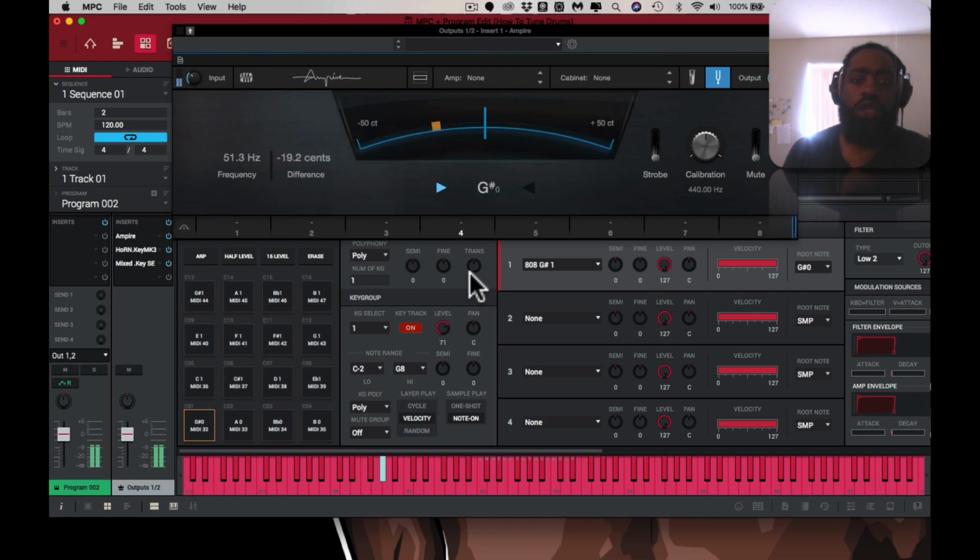So you could go up slow or as fast as you want. So right around here, it's hitting and it's centering. Sometimes it's not going to be as accurate, but right around there is where we want it to be. And then when you hit the strobe,